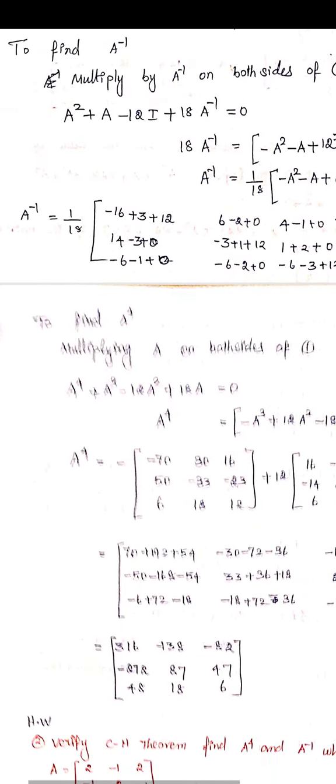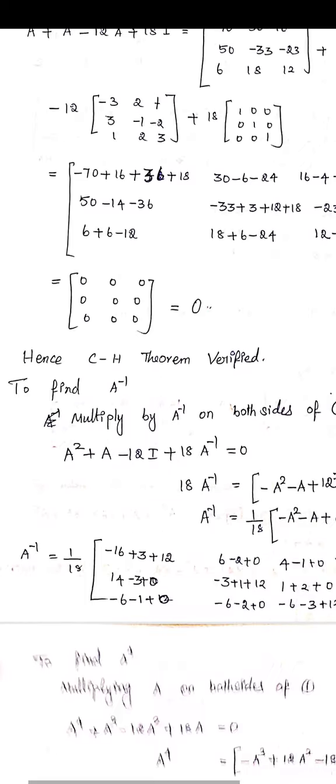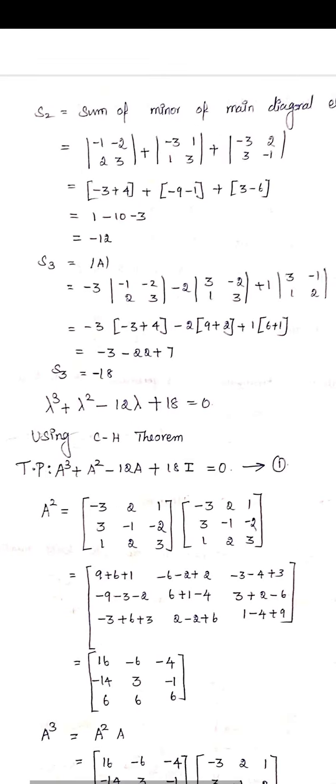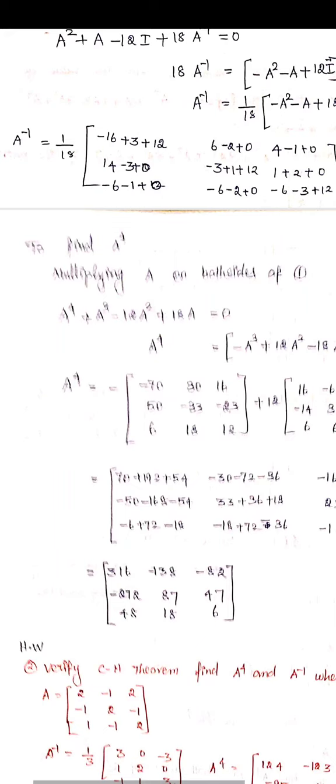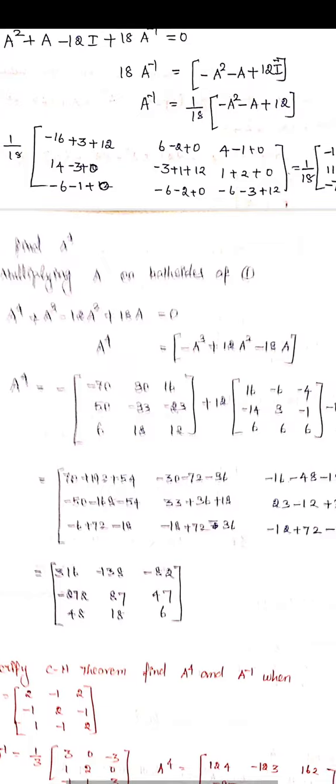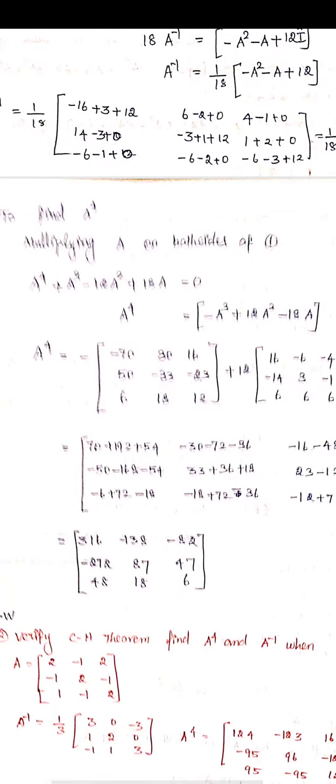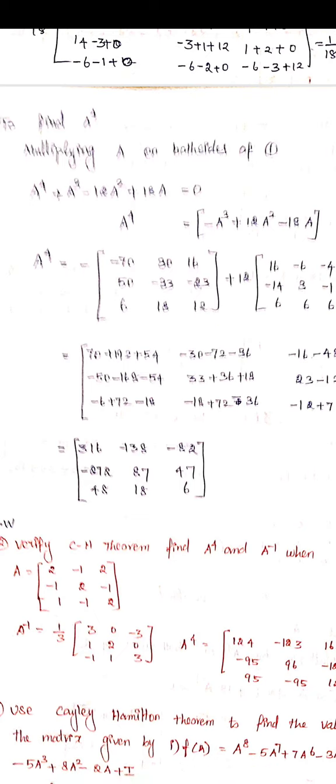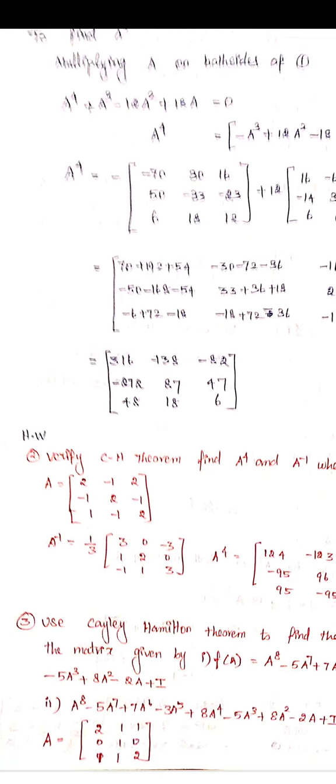Next, we have to find the value of A to the power 4. Multiplying A on both sides of equation 1, we get A power 4 plus A cube minus 12A square plus 18A equal to 0. A power 4 equals minus A cube plus 12A square minus 18A. Next, we have to find A power 4. Substituting A cube, 12A square and minus 18 into the A matrix, we get the matrix for A power